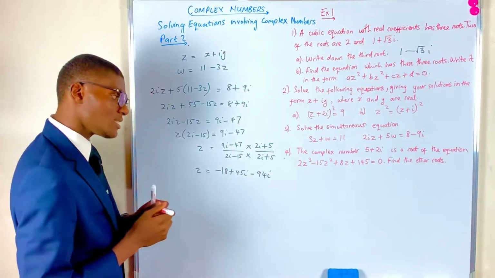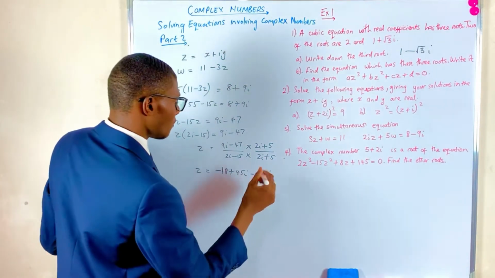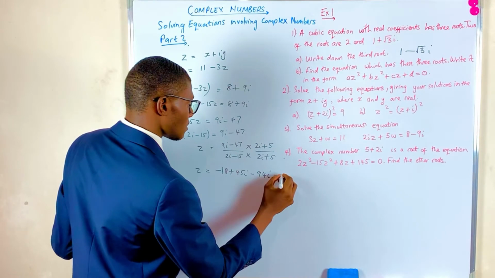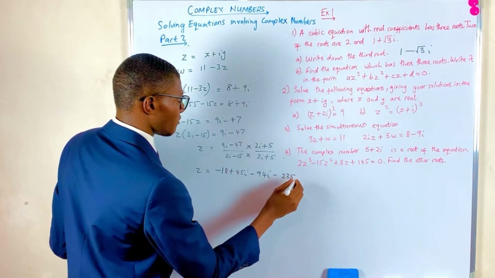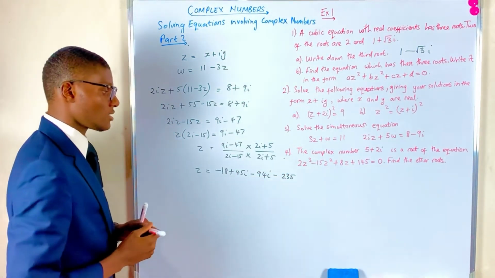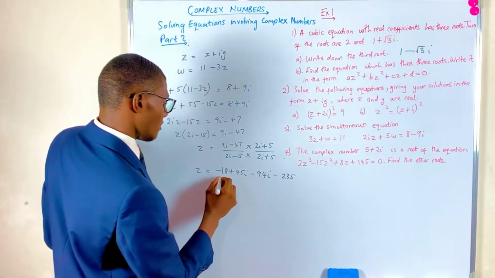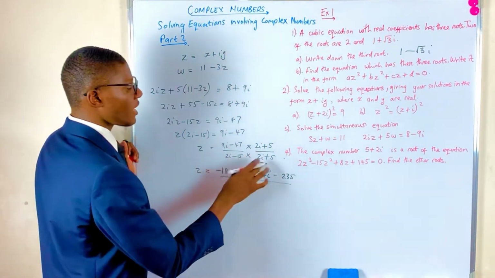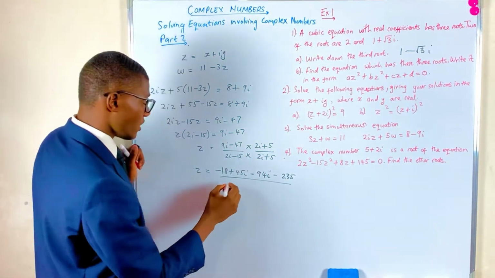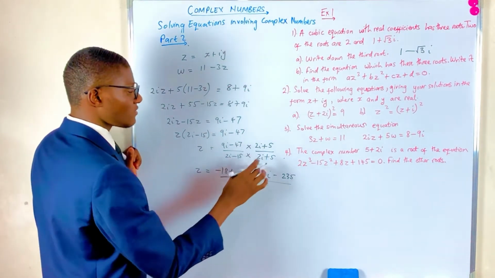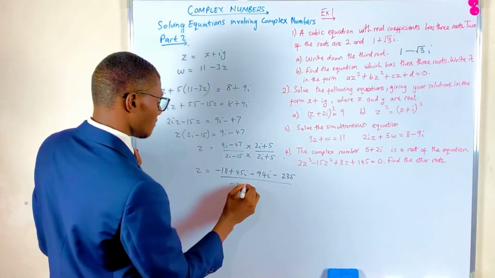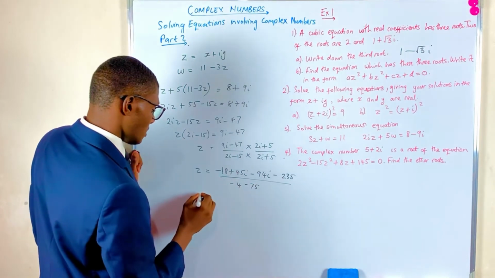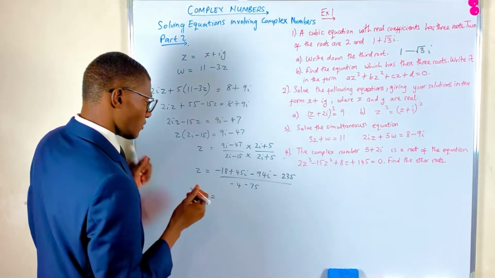Then minus 47 times 5, we get minus 235, like that. Yes, correct, minus 235. Then over 2i times 2i, that's 4i squared, which is minus 4. Then minus 15 times 5, we get minus 75. Alright, so z is equal to